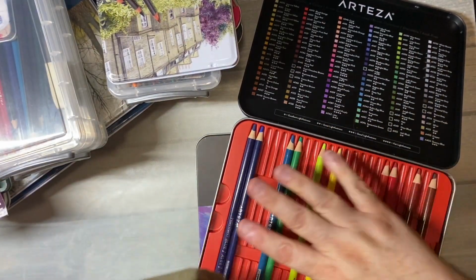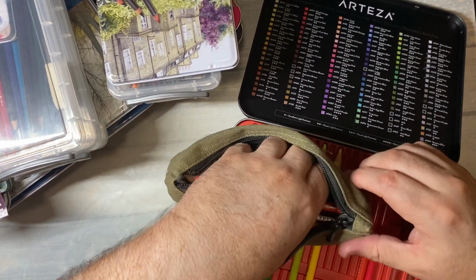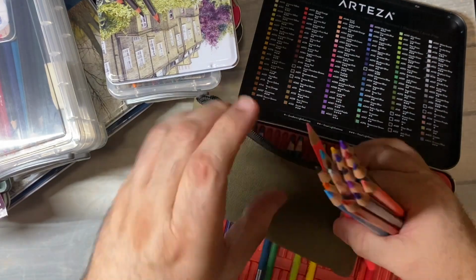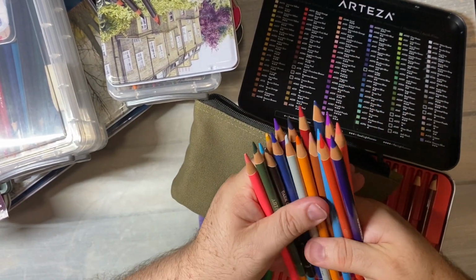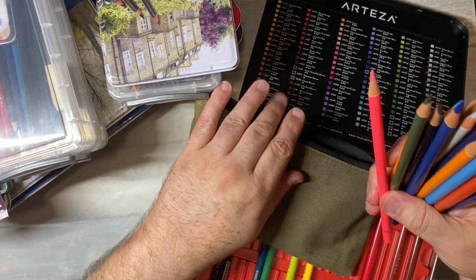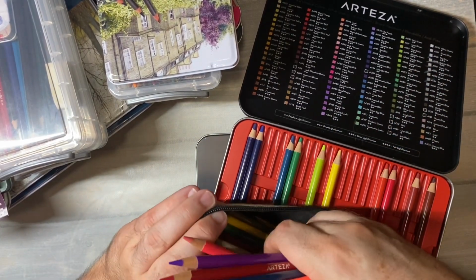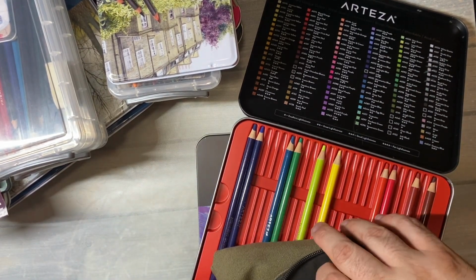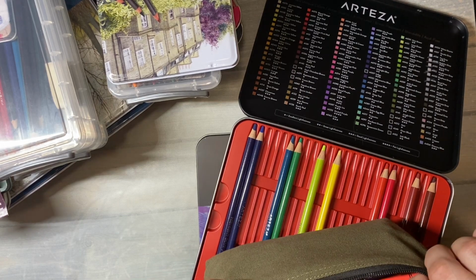I made out of here a set of like my favorite colors that were in here. And some of them I've used a lot, some of them I haven't used that much. But these in this little pencil pouch, I've used a lot. I just threw a pencil. Lila will get it for me. I've used these a lot, and